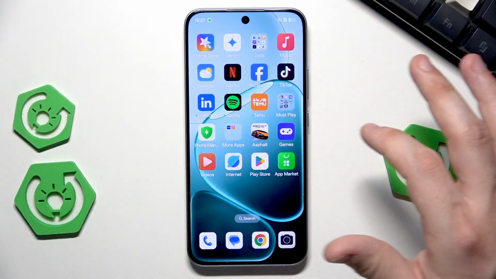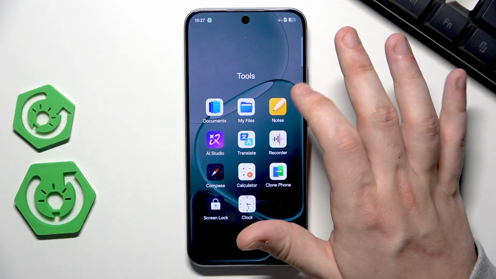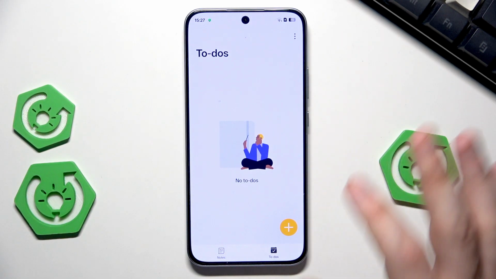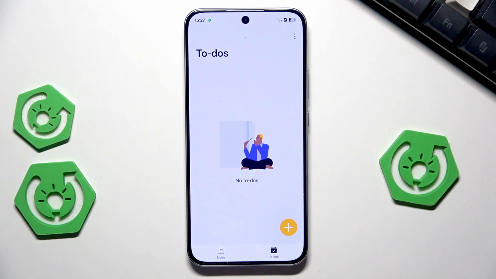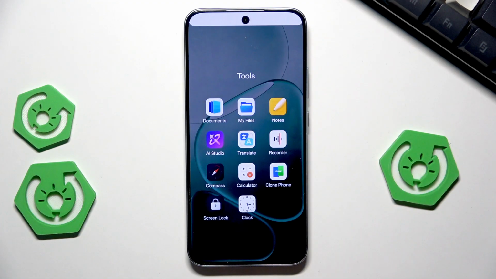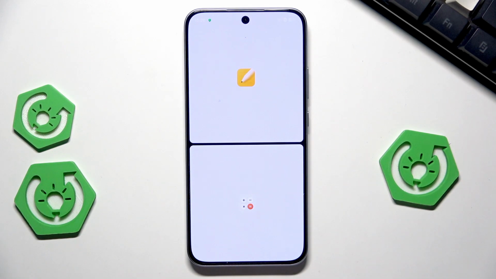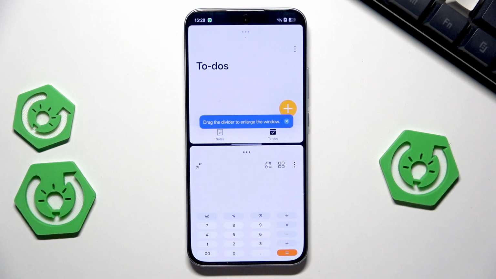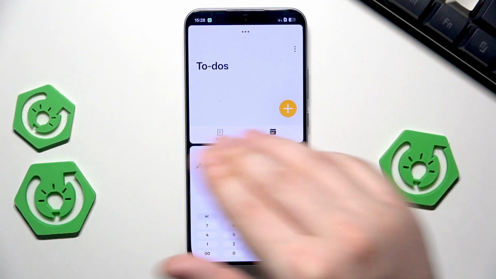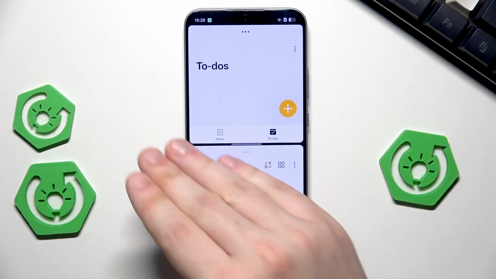Maybe let's begin with opening up using the 3-finger gesture. So simply slide to the upside using 3 fingers. Now we need to select the second app that we would like to use in this split screen mode. So in my case, I'll pick the calculator, for example. You can see that both apps are opened at the same time and the screen has been perfectly split in